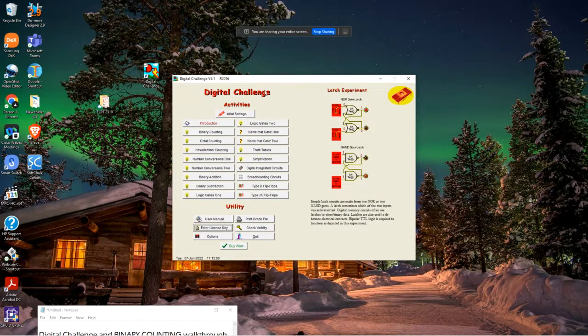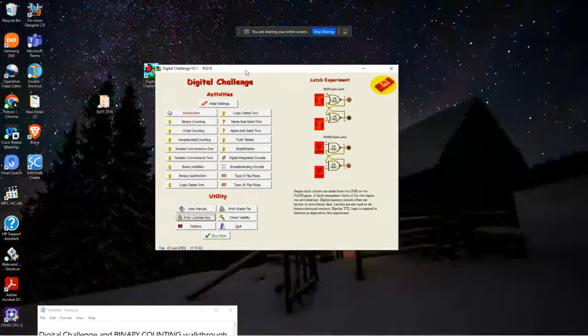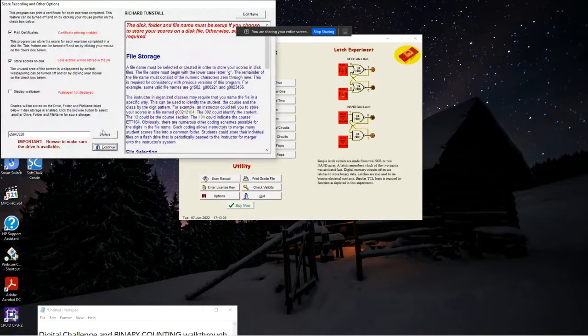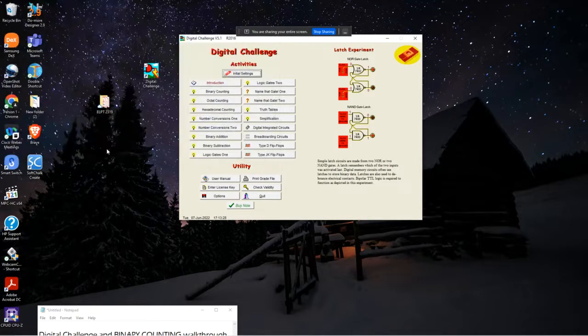Now we're looking at the program itself, and you can see there's many things to choose. The idea would be in any program to do the initial settings, and we already went there in another way, and you can see a lot of things you can do. We're not going to worry about storing on the disk or printing certificates. You could edit your name if you need to. Let's go back. The reason we're not going to store or print is because you're going to learn a new